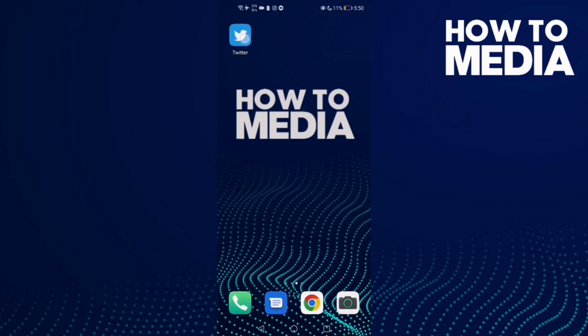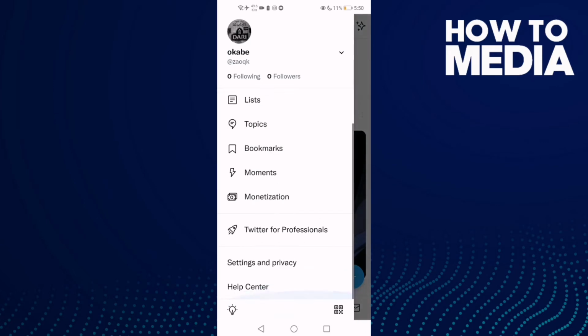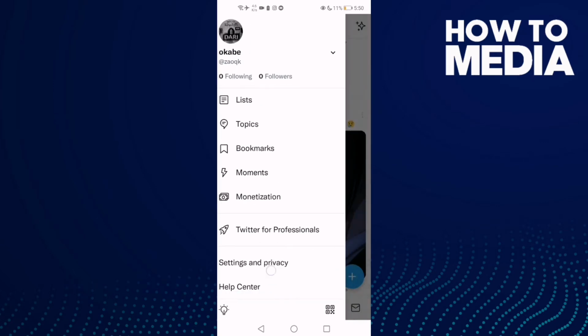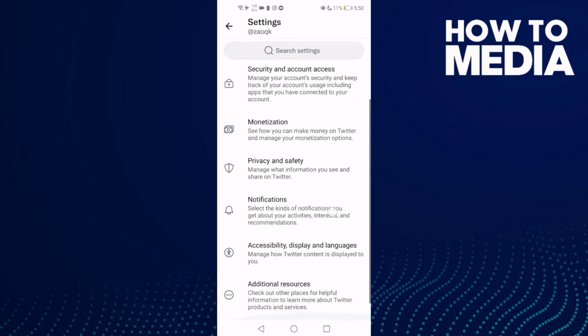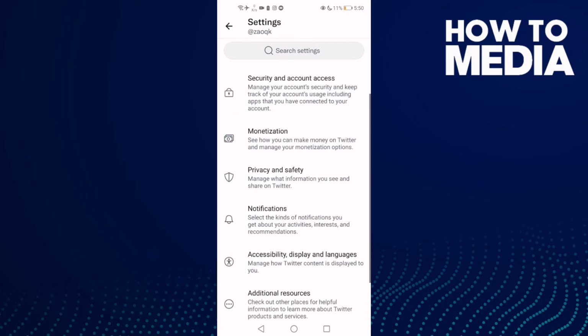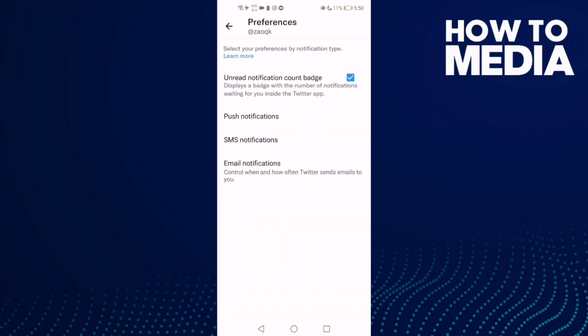First go to Twitter and then go here and now click this one, settings and privacy, and then you will see notifications. Click on it and now click this one, preferences, and then click push notifications,